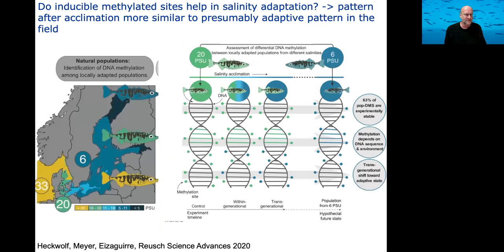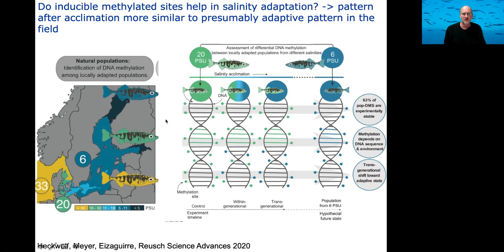So we used the stickleback example and took 3 populations from divergent salinity: almost fully marine, 33 PSU, mid salinity, like 20 PSU, and 6 PSU, so very close to freshwater. And in a study that both involved measuring the methylation marks in the wild, so how they are distributed across salinities, and performing a 2-generation acclimation experiment that here only shows the treatment going from 20 PSU to 6 PSU,